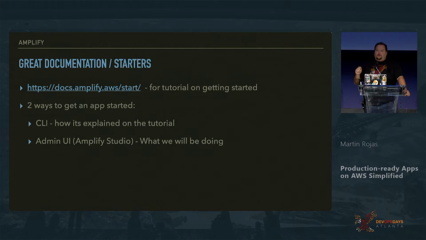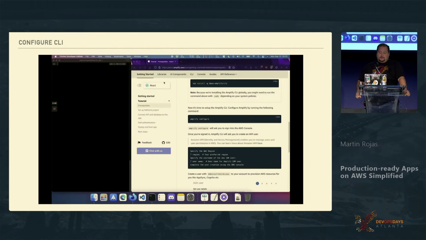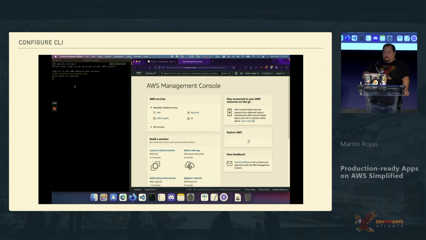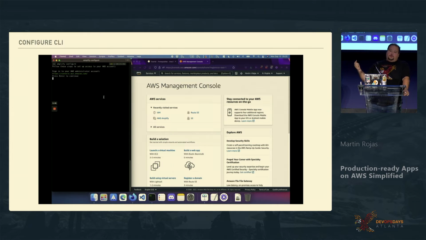I'll go quickly through the CLI to show you, because as we go through that, there's one thing that I'm sure will make you run to the hills screaming, saying, yeah, this is never going to work in a real-life environment. So here's just a script, going through it. You npm global install it, you call up the CLI tools, and it'll walk you step by step. So even if you don't know how to use AWS, it'll get you started, tie up to your browser, make sure you're logged in and connected,